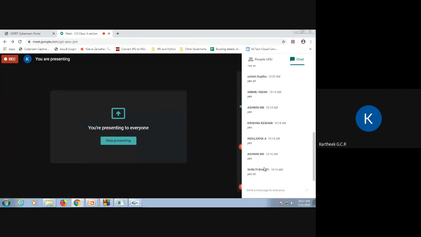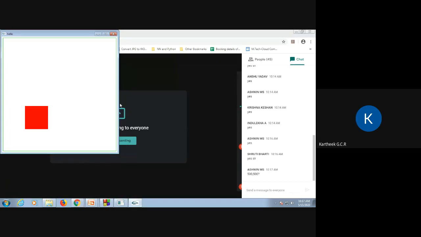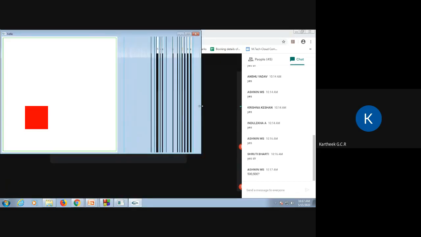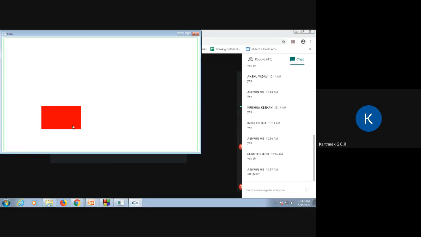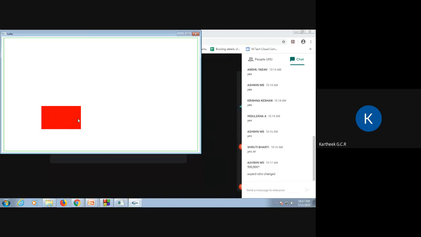What is the viewing window size that I have taken? The clipping window? Yeah, so 0 500, 0 500, right? Now, I will stretch this window. What happened is, why did I get a rectangle instead of a square? I should have got the square itself, right? What happened here? I just stretched the window and I am getting a rectangle instead of a square.